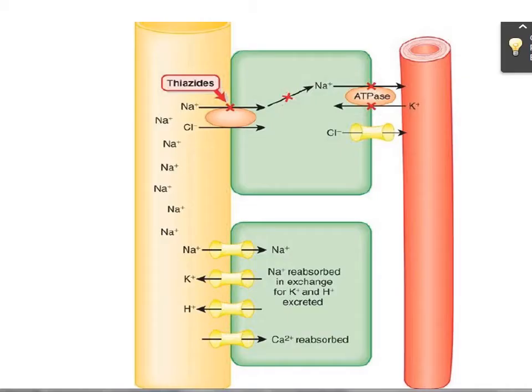Now, this is the lumen of the nephron. So basically, they are the channels, the sodium and the chloride channels. They basically cause the sodium to come into the cell. So thiazide diuretics basically inhibit the sodium chloride channel, so the amount of sodium in the lumen is increased. As I told you, whenever there is an increase in the level of sodium, the water goes towards it. It is the water that usually follows sodium. So we are going to have that diuretic effect because of this sodium.